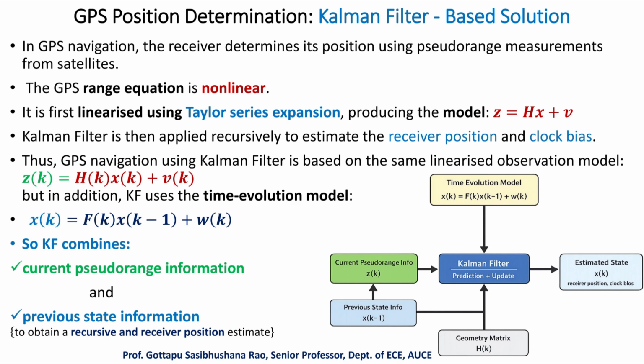In this video, we explain how the Kalman filter is used for GPS position determination, that is, for solving the GPS navigation problem. In GPS, the receiver determines its position from satellite pseudorange measurements. Since the range equation is nonlinear, it is first linearized. The Kalman filter then combines the current measurements with the previous position estimate to obtain a smoother and more reliable